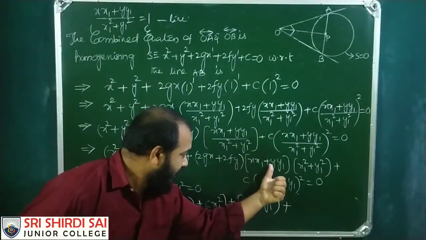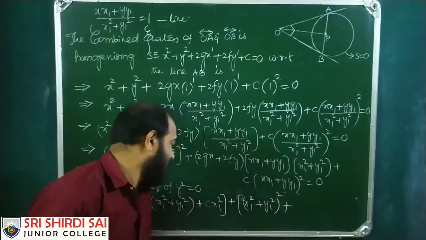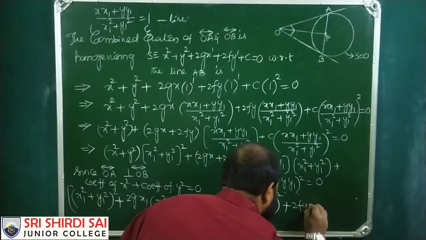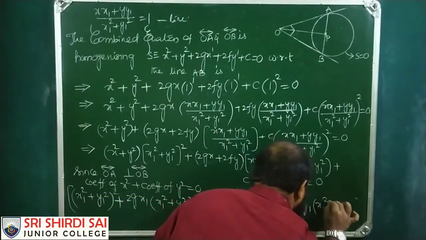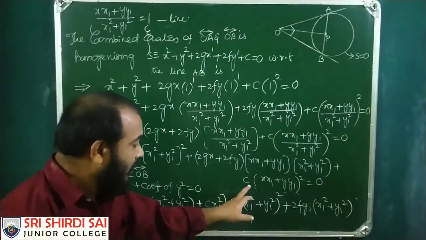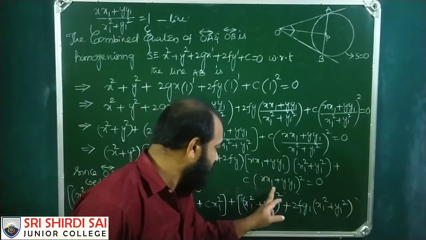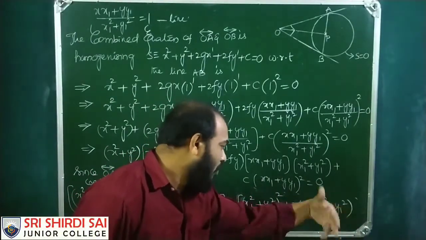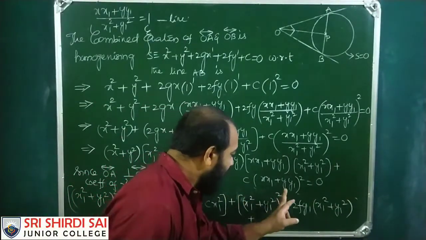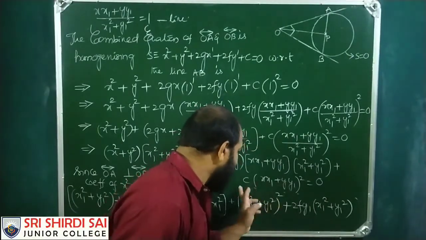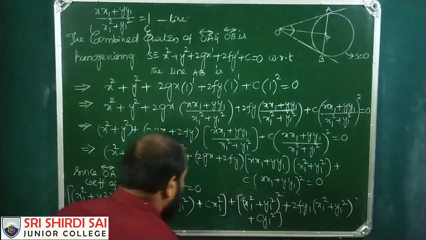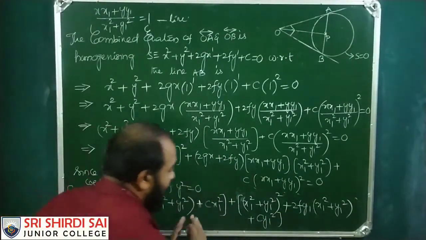If you multiply y into y square, 2fy1 into x1 square plus y1 square, plus here if you expand this, x square x1 square, y square y1 square, a square plus b square, 2ab term you leave, and x square we have already taken. So here c y square y1 square, the y square coefficient is cy1 square. So this is all the coefficient of x square, and this is all the coefficient of y square,